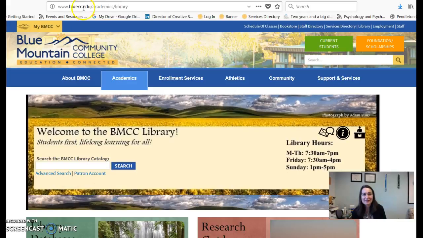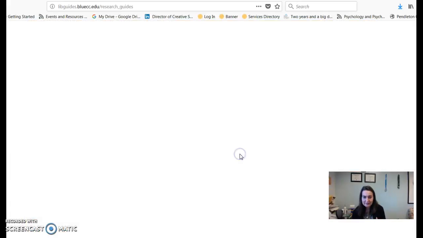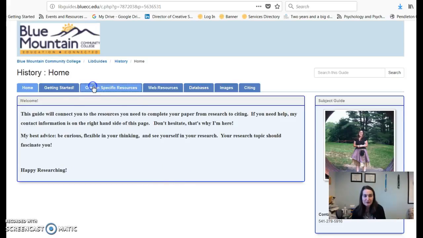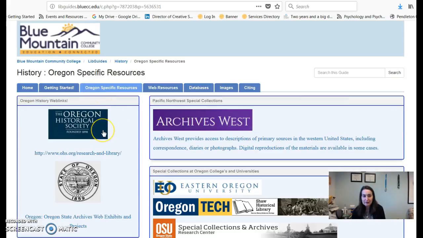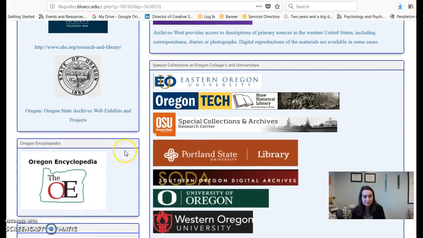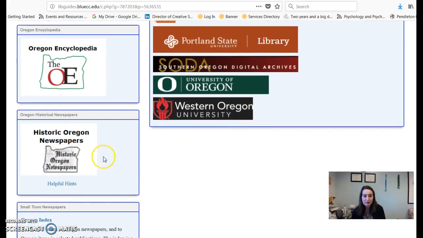Starting at the college homepage at bluecc.edu, we clicked on library. That gets us to this page, which has our catalog. You would do an advanced search to look a little bit more deeply for books on Faye Dunaway and DVDs. Here in our research guides, this is, again, going to National History Day. This is where we just looked at Oregon-specific resources in the Oregon Historical Quarterly. And you use that browse feature to get to both Oregon Encyclopedia and Historic Oregon Newspapers, where we